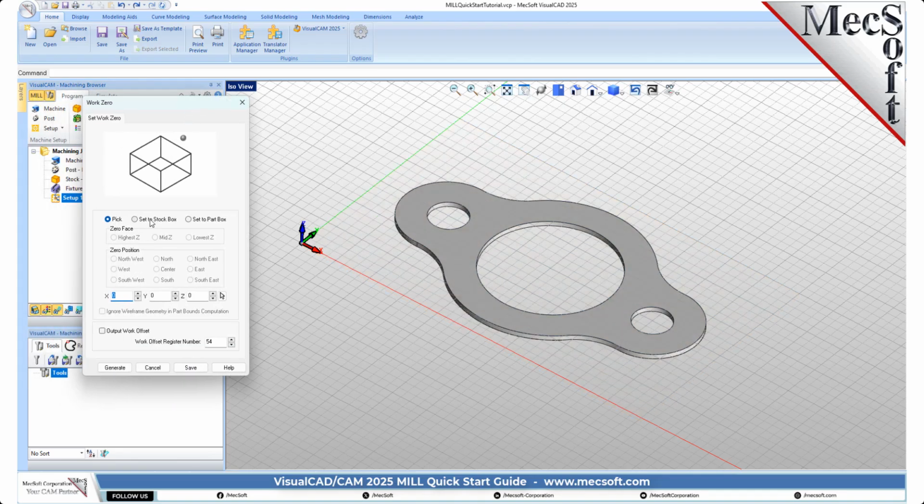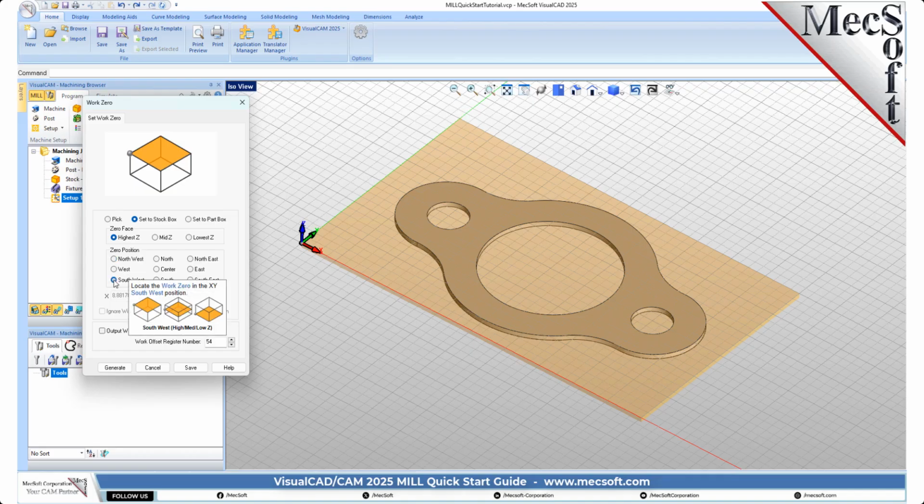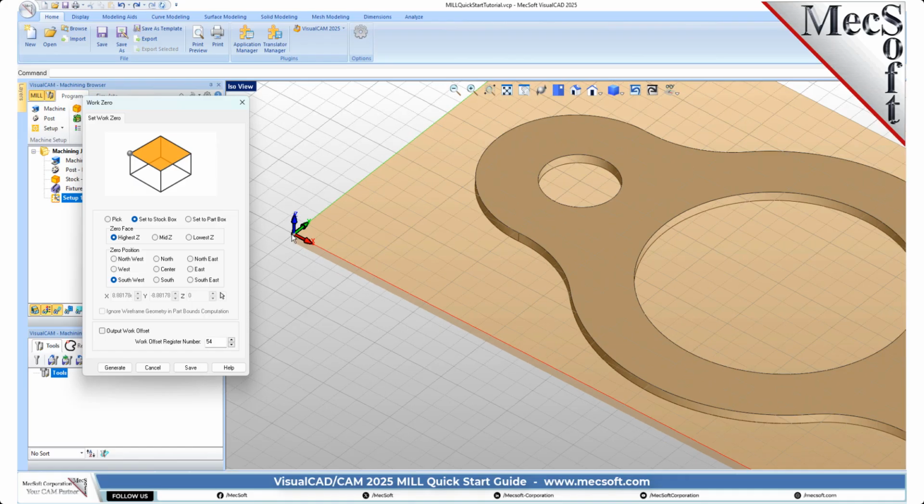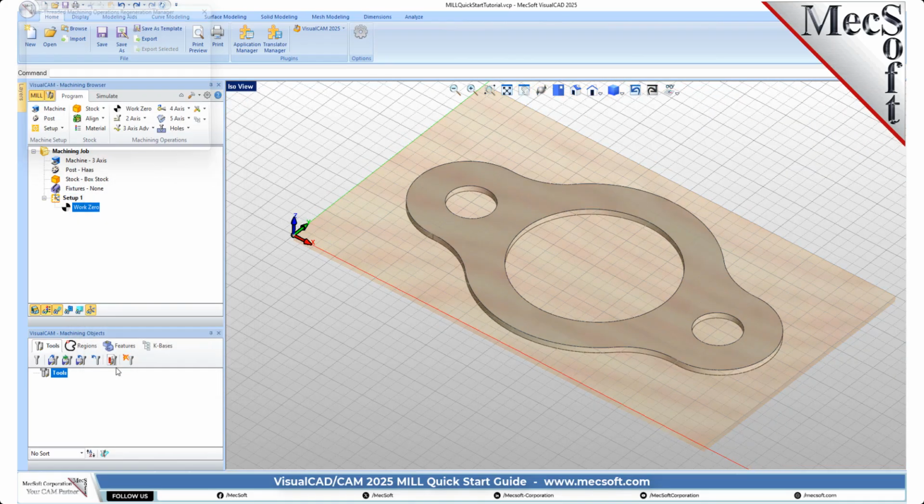Select Set to Stock Box. Then set 0 Face to Highest Z and 0 Position to Southwest Corner. This sets the machine home to the top of the stock material in the southwest corner of the stock geometry. Now pick Generate and notice that the MCS is translated and that the Work 0 now appears under Setup 1